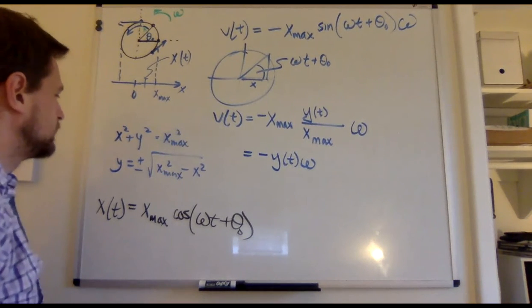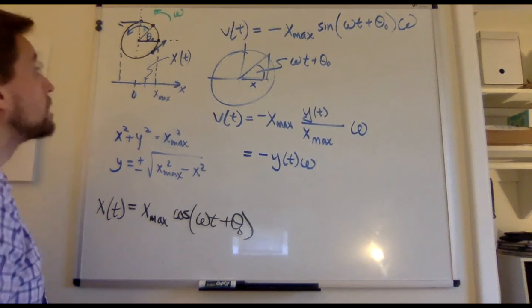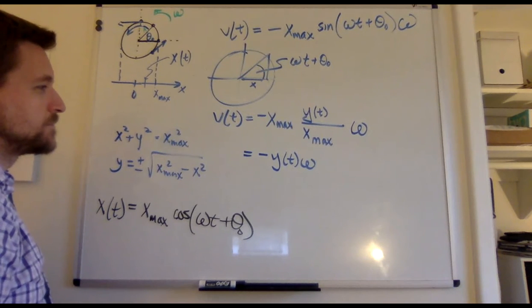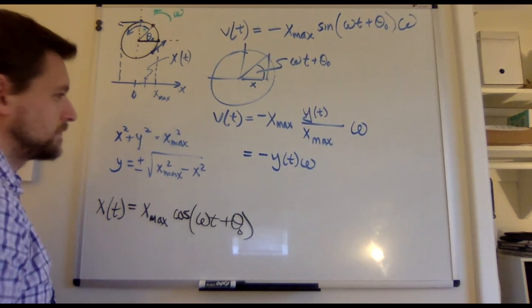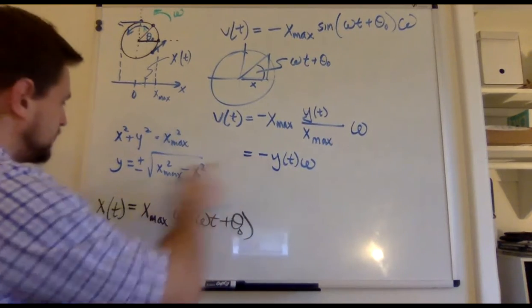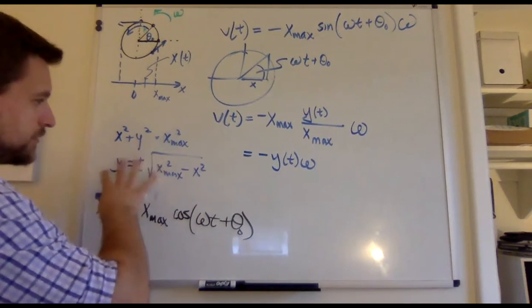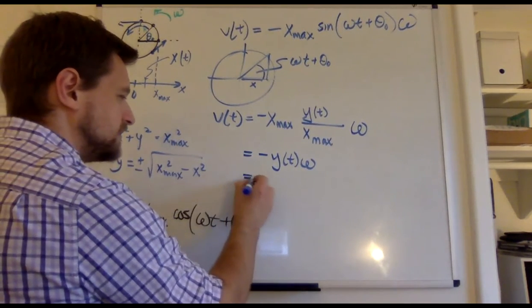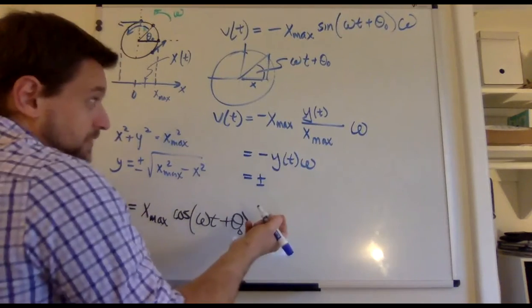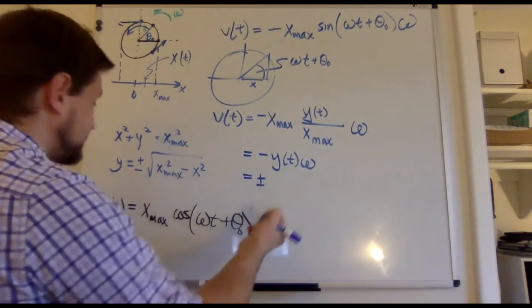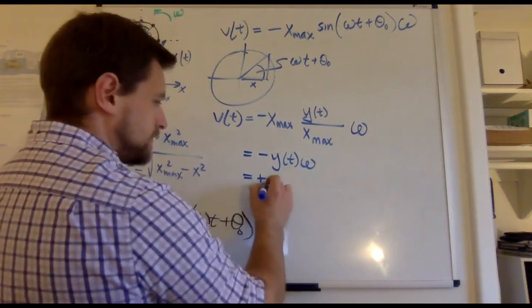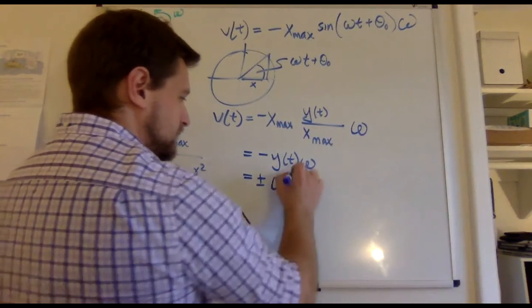So the minus sign here and the plus or minus here, those are kind of weird, but we're just going to have a plus or minus kind of thing, or maybe a minus plus, omega square root